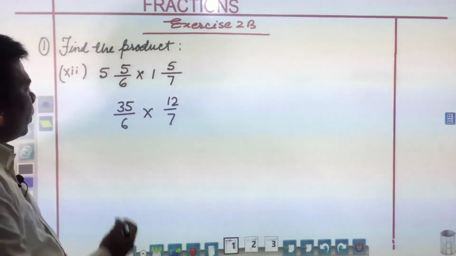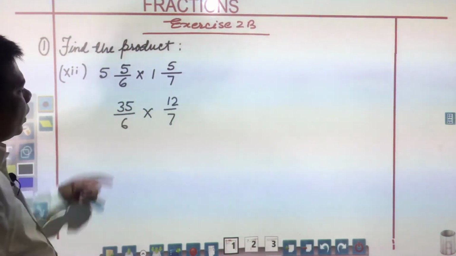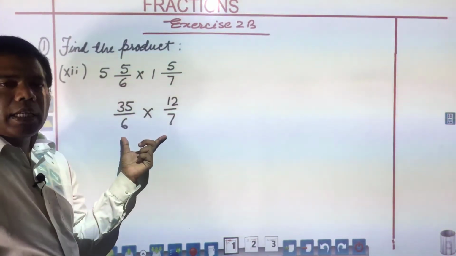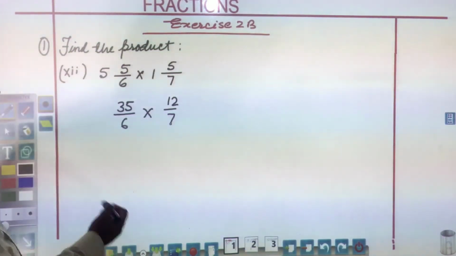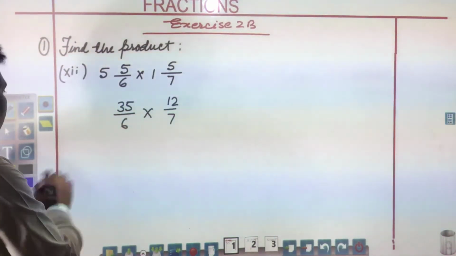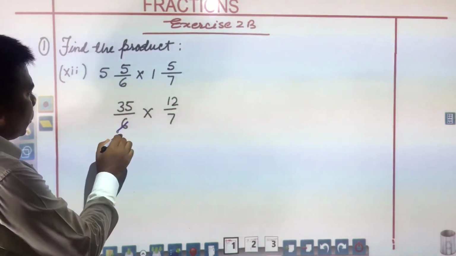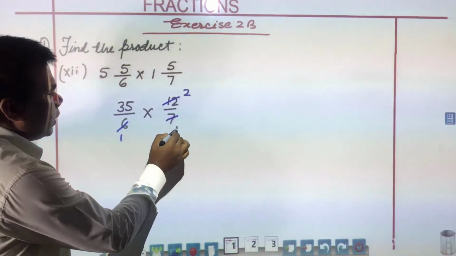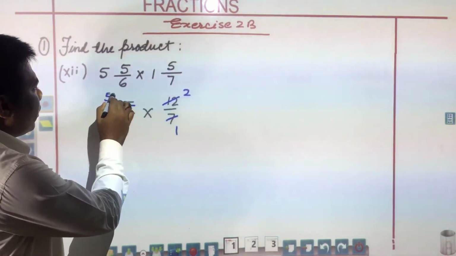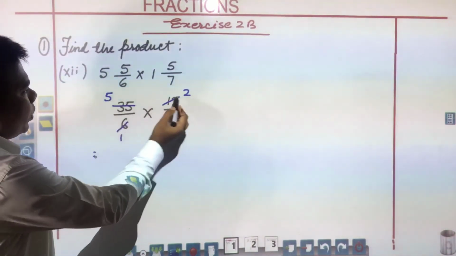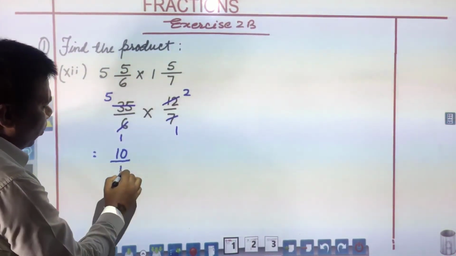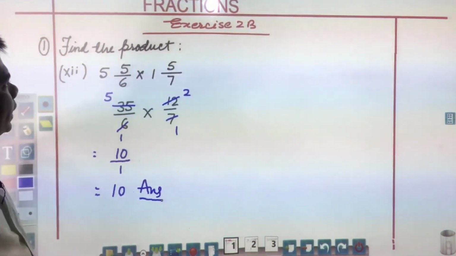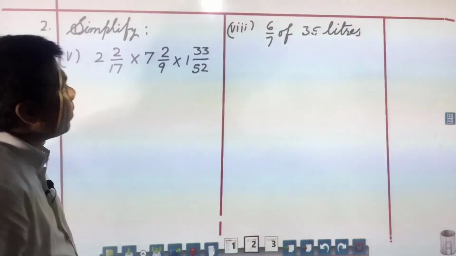Last day, if you remember, it was told that if in numerator and denominator a common factor is there, that should be cancelled. So, here you see you can cancel this: 6 ones are 6, 6 twos are 12. In the same way, 7 ones are 7, 7 fives are 35. So, what you got? 5 twos are 10, divided by 1, it means 10, and this will be your answer. So, easy it was. Next question we will see.